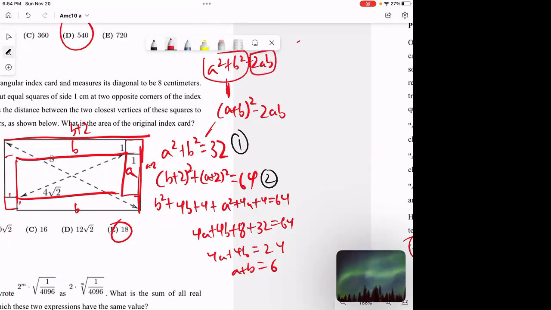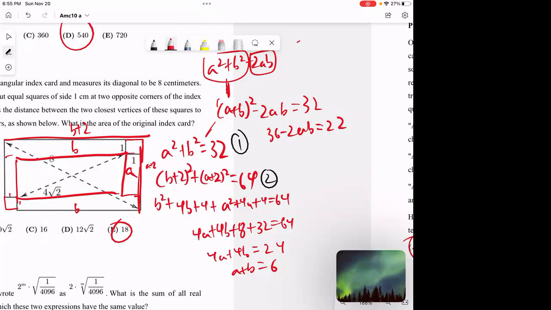Therefore, this one is equal to this minus this one, right? Let me erase that so it's a little easier on the eyes. So this is equal to minus 2ab is equal to 32, and a plus b is equal to 6. So 36 minus 2ab equals 32. And then,